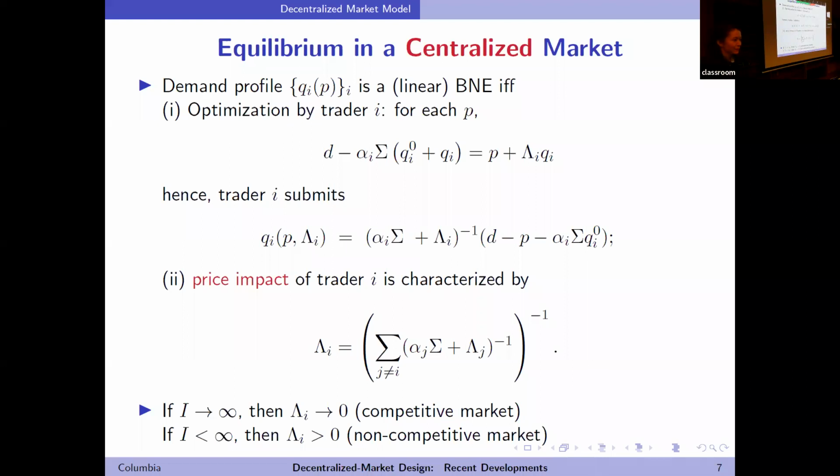Okay, so is it obvious that it's without loss to focus on point-wise maximization? In other words, somehow the distribution doesn't seem to matter when I submit my own schedule. It's just that somehow the schedule can be derived from my point-wise optimization. The equivalence for point-wise optimization is very general. It's a very general result. The proof is by differentiability of the objective function. But if you're asking if this relies on the information structure, you don't need to have IPV.